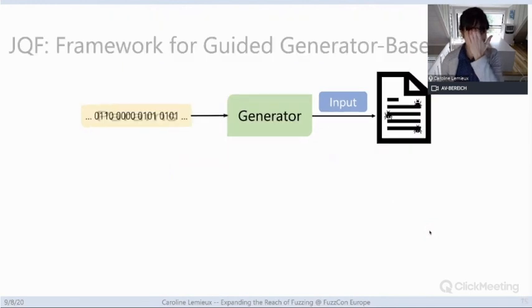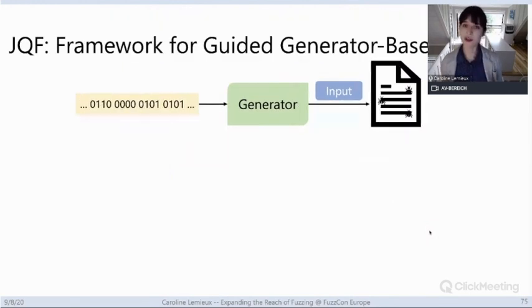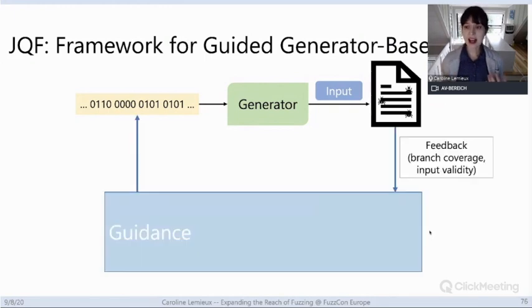So this observation led us to create JQF, which is a framework for generator guide-based fuzzing. Basically the idea is you get feedback from the program under test, and then you can guide the random bit parameters you're getting from the generator. And the cool thing that this enables is that when you mutate those bits that affect the decisions of the generator, you're going to get a different path through the generator, and you're going to get a different structured